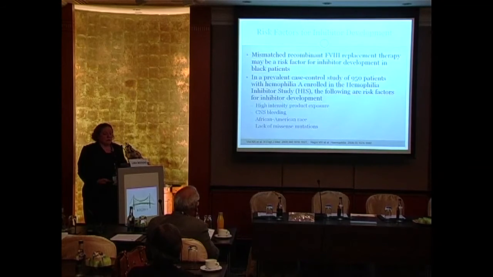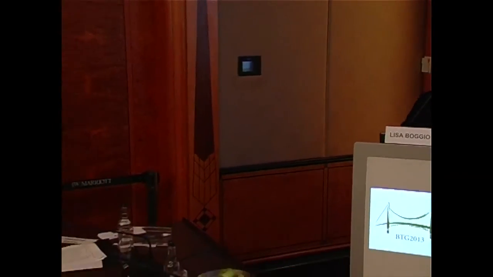There's also an interesting thing: being African American is actually a higher risk, at least in the United States. So how do we treat it? One, stop bleeding. Two, get rid of the inhibitor, right? So how do we control the bleeding? Well, if they have a low inhibitor titer, we can give 2 to 3 times more factor, which is very expensive. A unit of factor is $1. So what's that, 8 Hong Kong dollars for every unit. And we give, for factor 8, 50 units per kilo. So you do that, and an average size adult